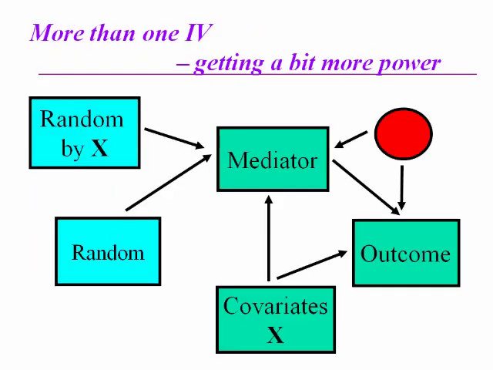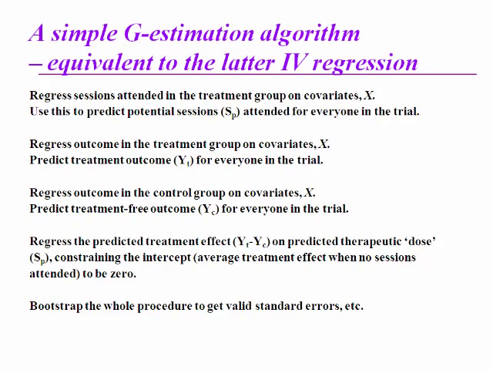If we have more than one instrumental variable, so we've got this randomization by baseline covariate interactions, that is the model. So I've allowed covariates to influence mediator and outcome, as if they're observed confounders, and then we have this randomization by covariate interaction being an additional IV. This gets us a bit more power, but not a lot more. But we can now think of it in terms of what's called G-estimation, or a G-estimation algorithm, which might help explain what's going on. And this is exactly equivalent to this instrumental variable model that I've just given.